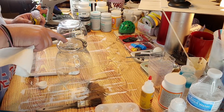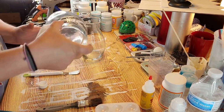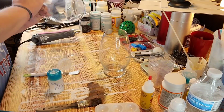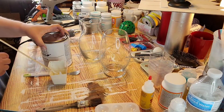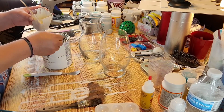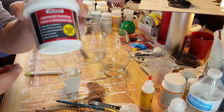Anyway, I'm going to remove my sticker with the heat tool, and then take some Goo Gone and wipe off the sticky that's left, because for some reason with glass, it does that. And I'm going to take alcohol and wipe my vases down. Okay, I'm going to take 1 tablespoon of baking soda, 4 tablespoons of Rust-Oleum chalk paint,